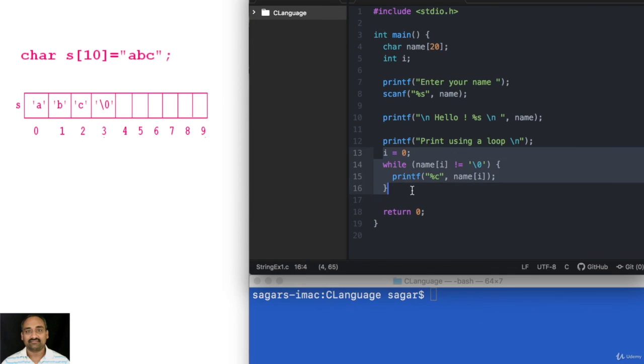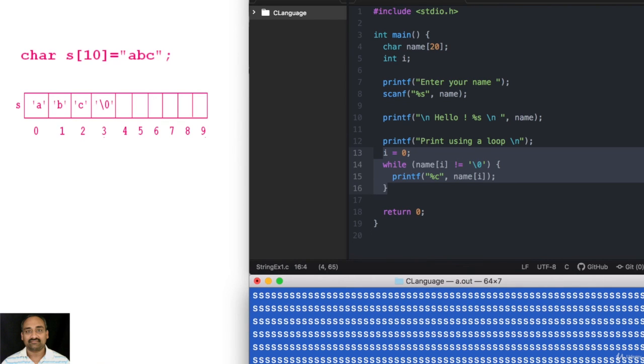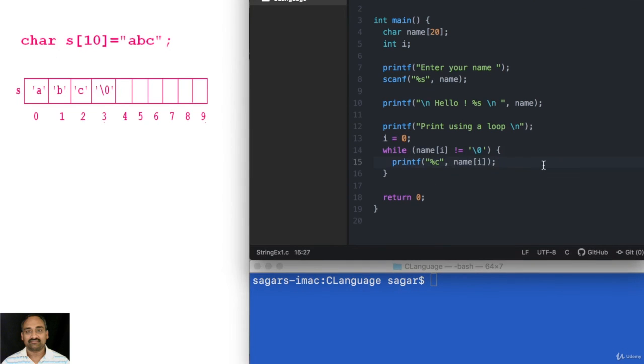This is very useful when you are manipulating strings. So let us see the outcome. Enter your name, I will say Sagar. There is an issue here. What happened? Because we did not increment i, i remained at 0, so it always printed the 0th character, and because it is not equal to \0, the loop went into an indefinite loop.